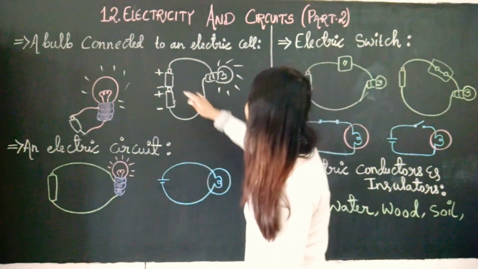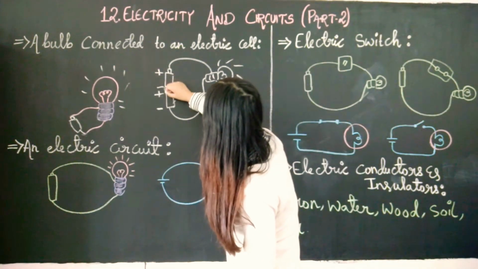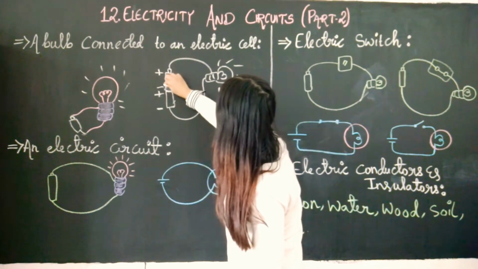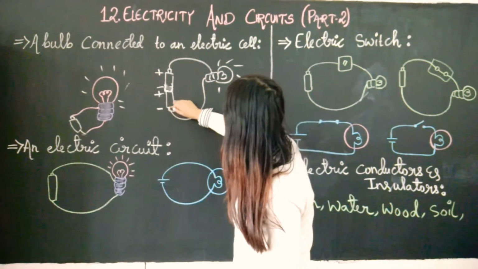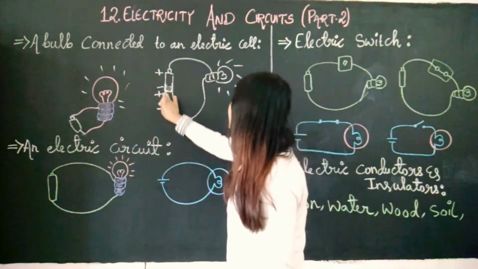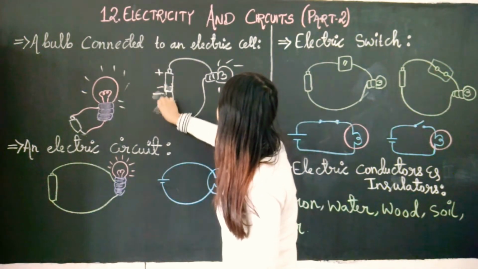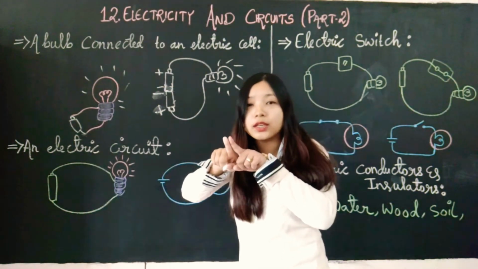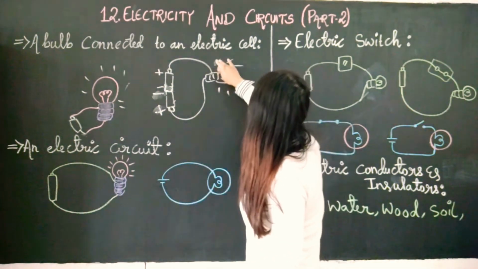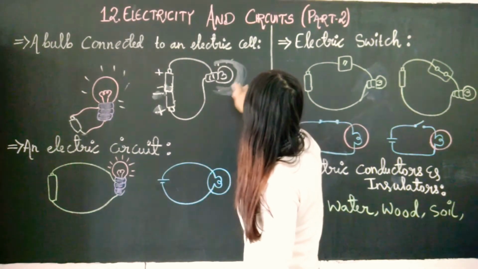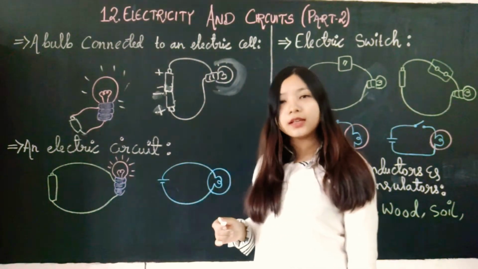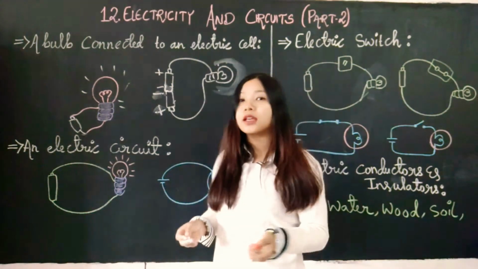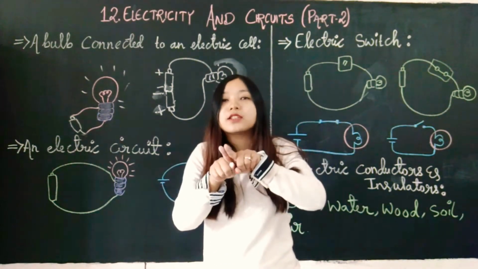But if, let's say, this is also the negative side and we are joining or connecting two negative sides, and this side becomes the positive, this becomes negative and this becomes positive. Here the negatives are connected together. In such a case, the bulb will not glow. The electricity will not flow and hence the bulb will not glow. The same will happen if we put two positive sides together.